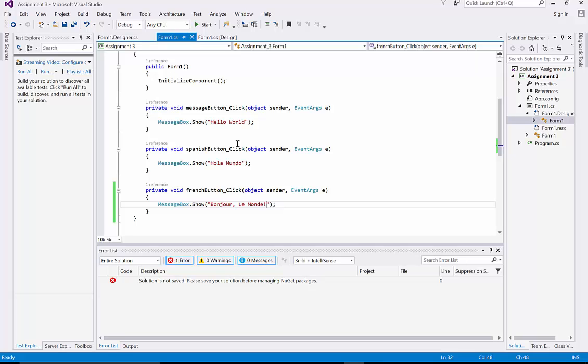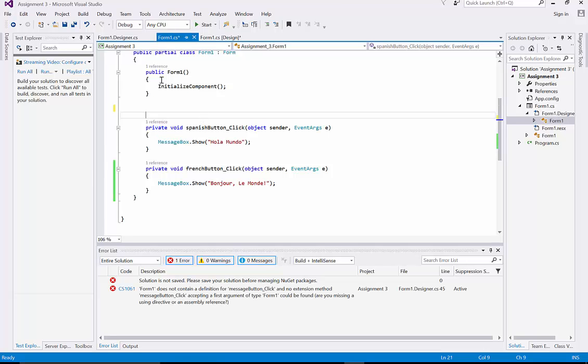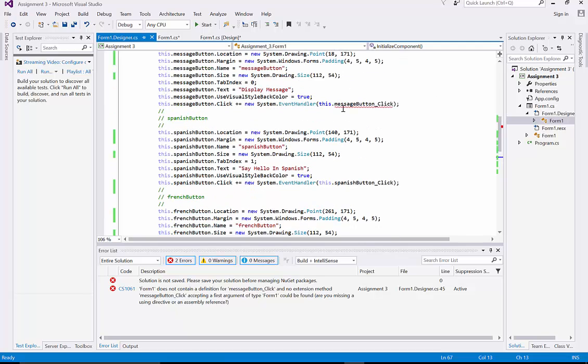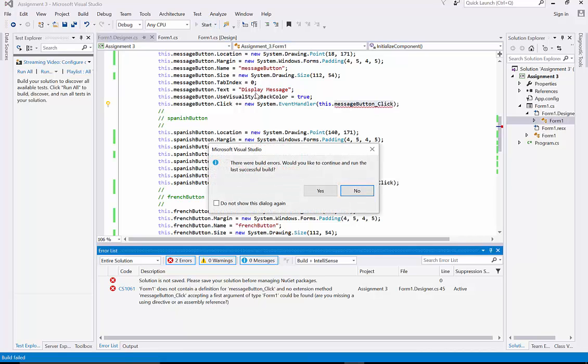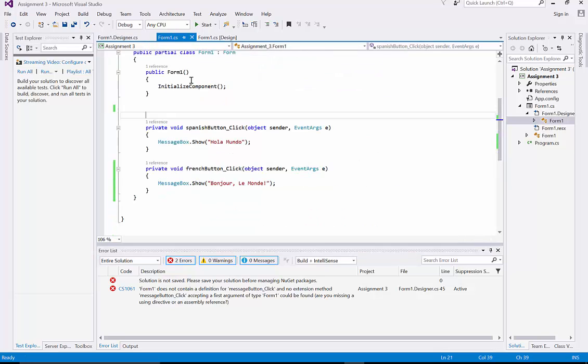Now let me do a little caveat here. You can't just willy-nilly remove these if they have the event handler assigned in the Form 1 Designer. So if I removed this, okay, now notice that was for message button. Notice that in this I get the red squiggly. That's because I removed this function and it's still looking for it. And I do get build errors, okay? So be careful removing event handlers